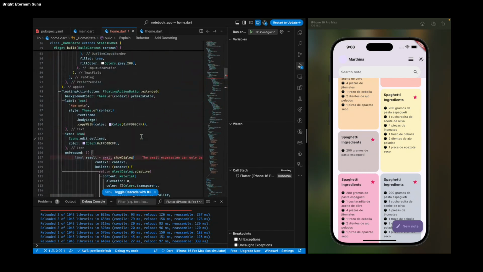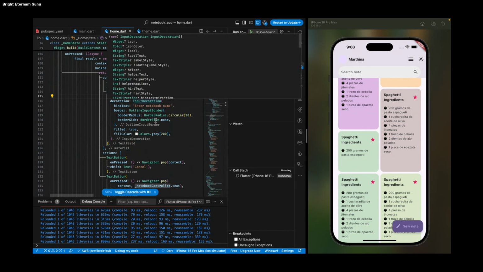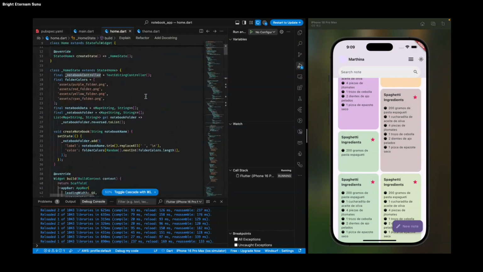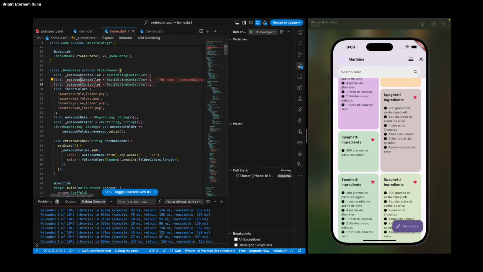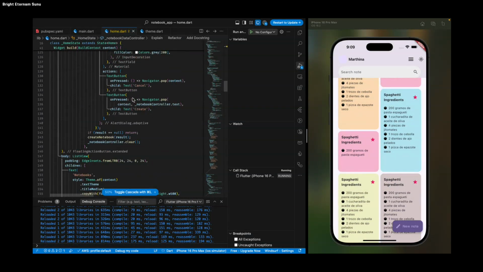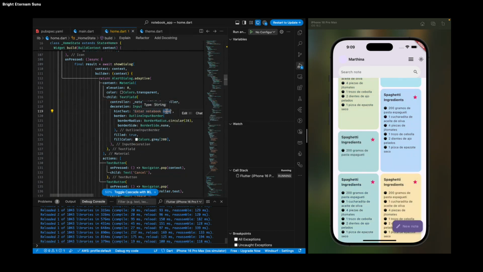All right, so over here, we are going to have two of them. So I'm going to add two controllers. One is notebook title, and the other is notebook data. So over here, we're going to have notebook title. So enter notebook title, and